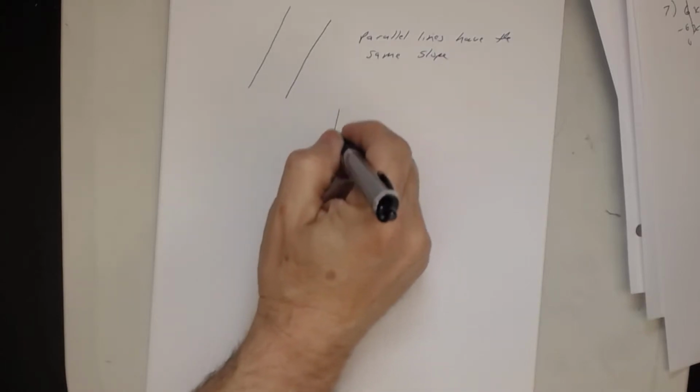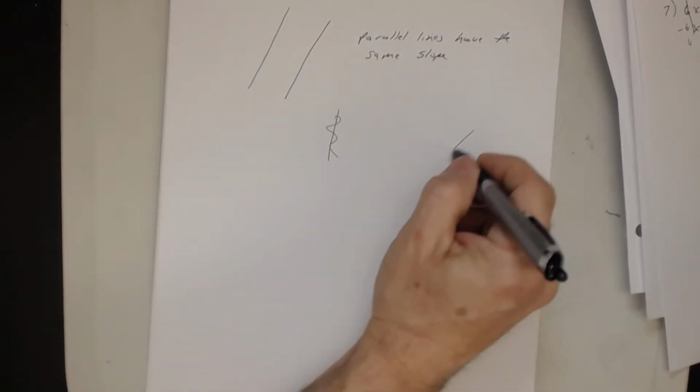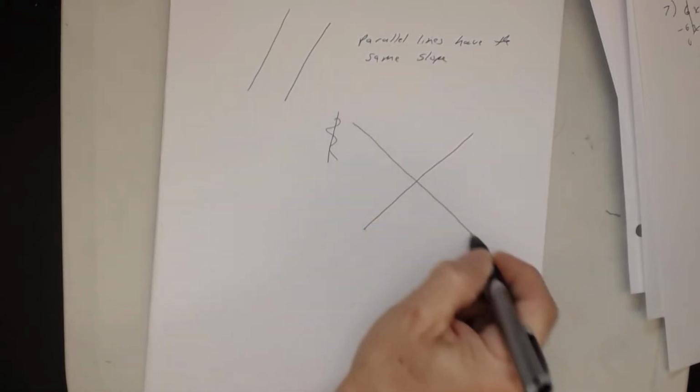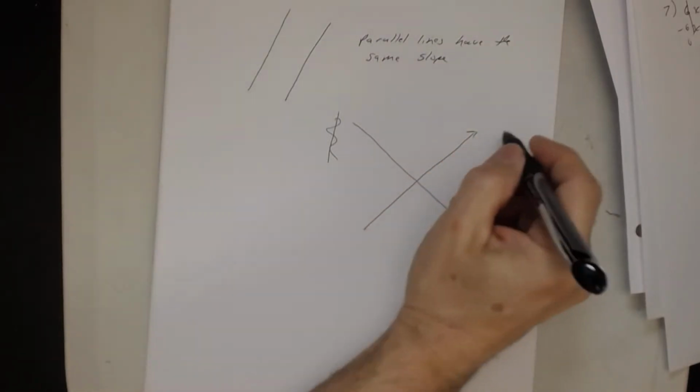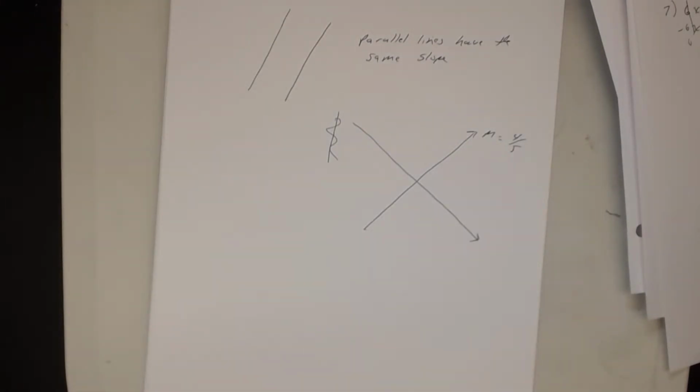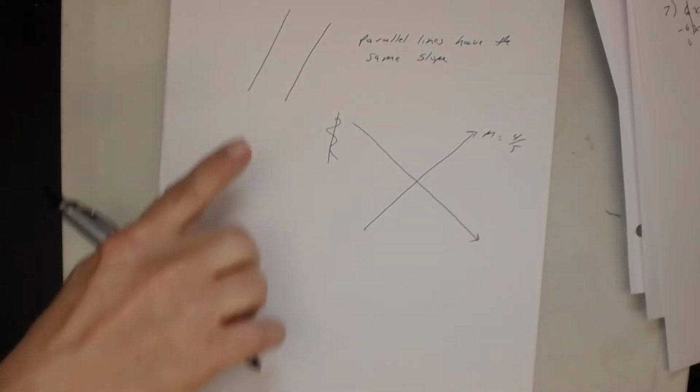And then on that second part of that worksheet, you were to graph two lines. You had to graph two lines that were perpendicular to each other. So if you think about it, if they're perpendicular, one's positive, the other is going to be what? Negative. And one of the things you saw, and we don't have the time to do that here, that's why I asked you to do it in that worksheet, was this: if this slope here is 4 fifths, positive 4 fifths, it had to be positive because it's rising, then you learned that the other